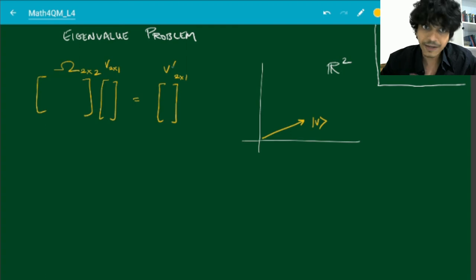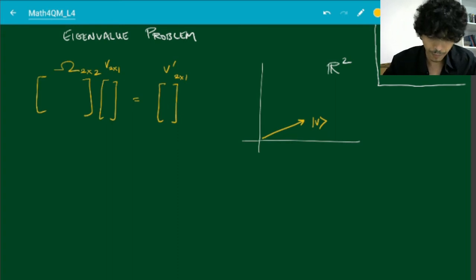And depending on what omega looks like, geometrically you can think of this operation as either being a stretching or shrinking. You can think of it as being a rotation. You can think of it as being a reflection or a flip. So different operators will do different things. What I am interested in finding out is, given this operator omega, it will stretch certain vectors, it will rotate certain vectors, it will flip certain vectors. I want to ask, what are those vectors